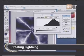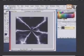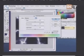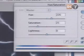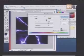Cool. And go to my Levels again and bring it down. Like that. And bring this guy over. And I start getting that. Now I'm going to take this even further. What I'm going to do is take this into Hue/Saturation, give it some color. So I'm going to say, colorize this. Bring the saturation slider way up, and let's bring this hue over to some nice bluish color, about